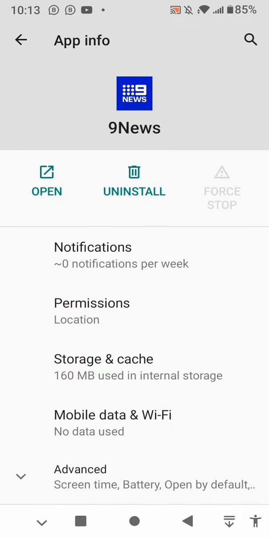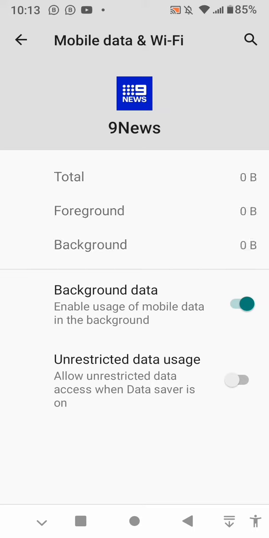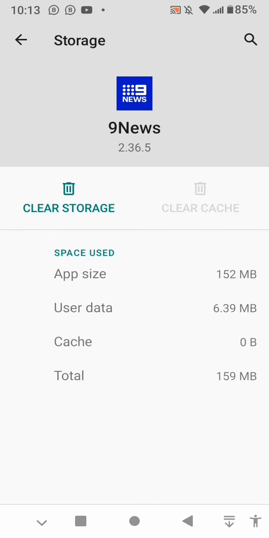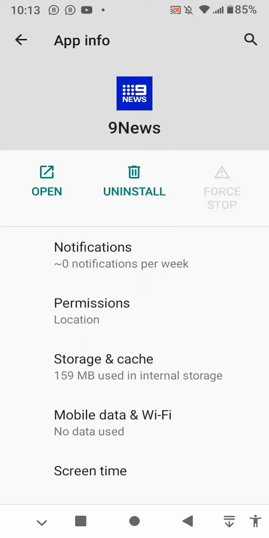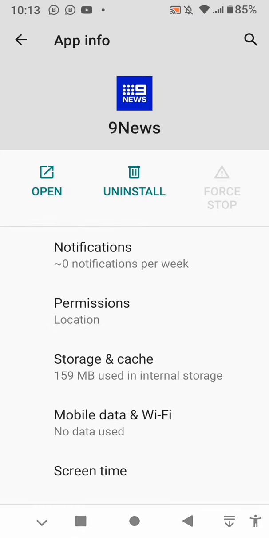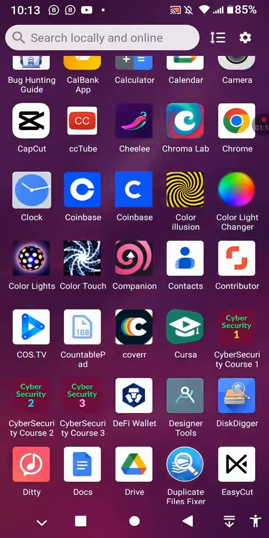Then go back, tap on mobile data and Wi-Fi or mobile data and restrictions on other device. Now go back, make sure you tap on storage and cache, clear the cache, and you go back. When you come to the mobile data and Wi-Fi restriction, make sure this is toggled on here. So now go back. After doing all this, what you have to do is to go straight to your phone